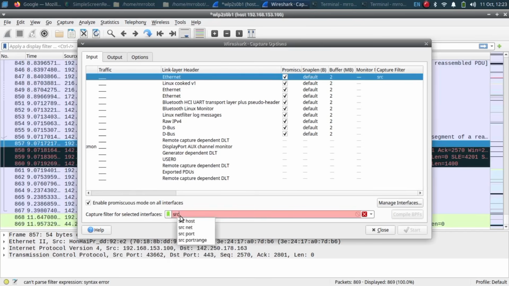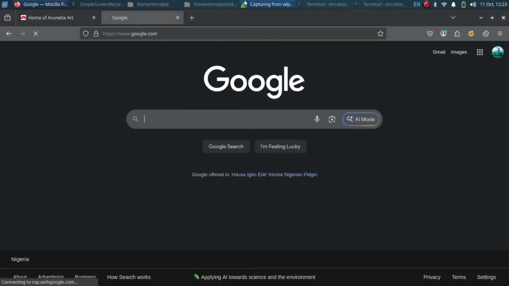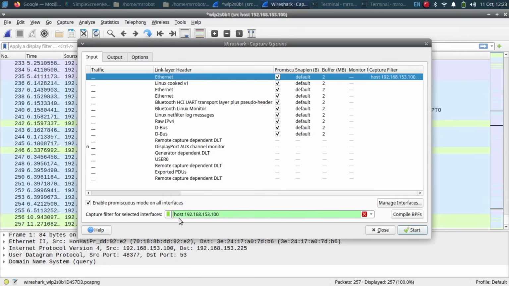Capture only traffic from a host, source only: src host 192.168.153.100. What it does: captures only packets originating from that host. 3. Capture only traffic to a host, destination only: dst host